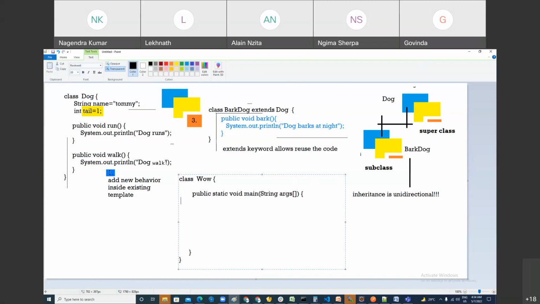Here I'm just making an object of Dog: Dog d = new Dog, the default constructor. Here you can call d.run and you can call d.walk. Clear? Because this dog has only two features. This dog cannot bark. But if I make an object of